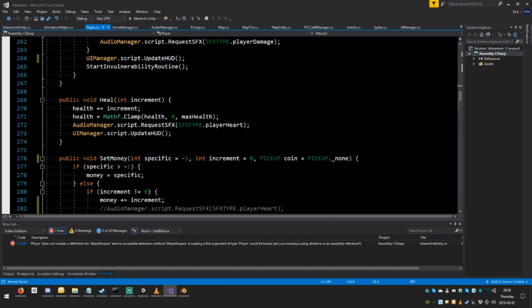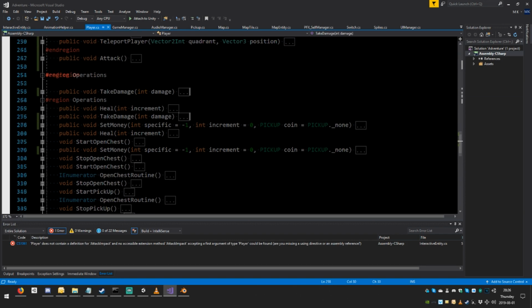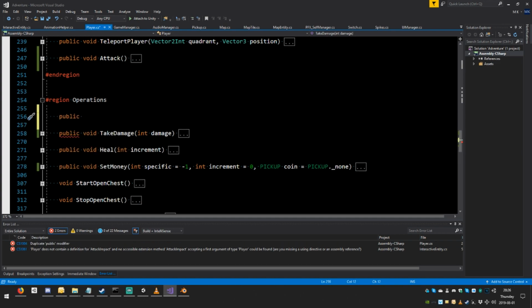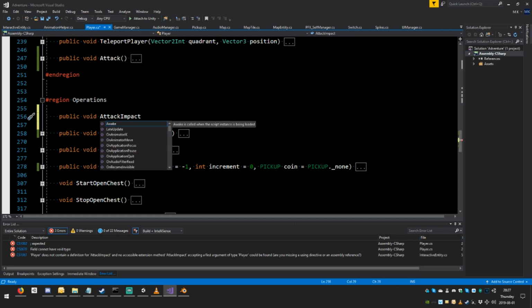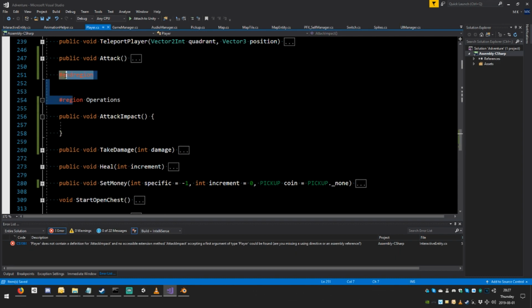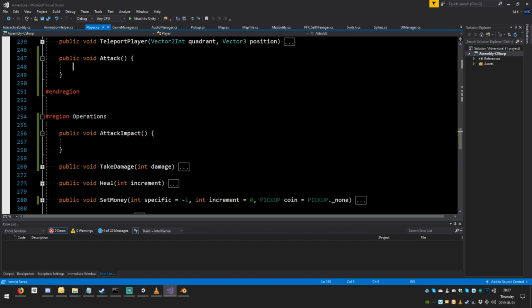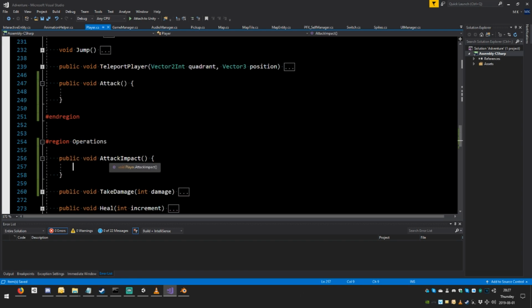And here you want another public void. We'll do it here. Public void attack impact. Open, close round. Open squiggle, save. Alright, shift tab for these. Save. So attack is what starts the attack, and attack impact is what tells it, okay, you can now analyze